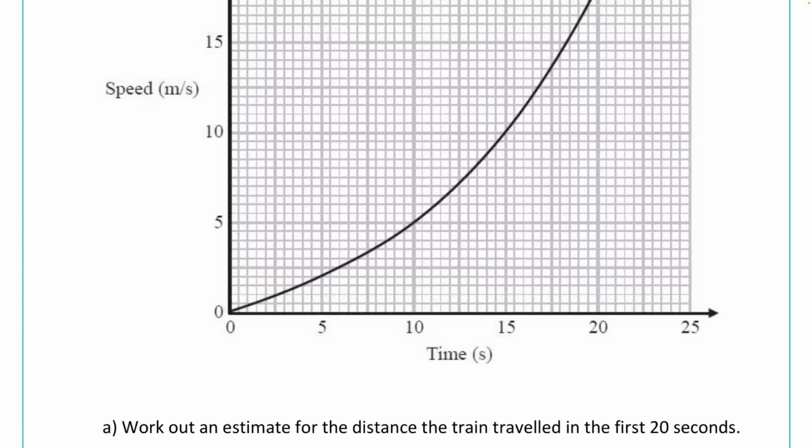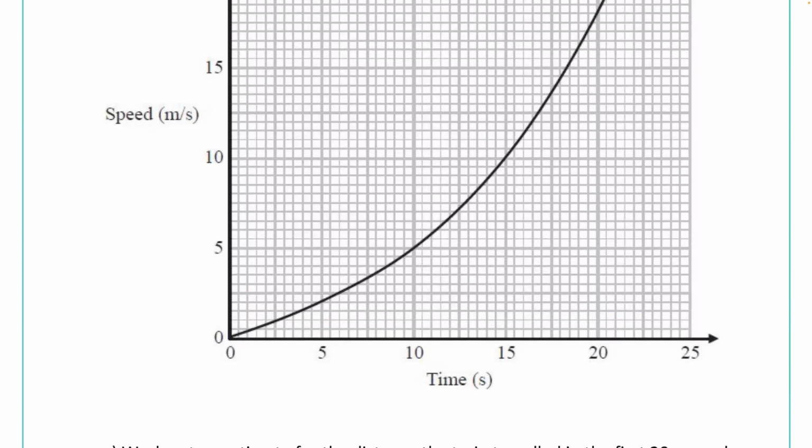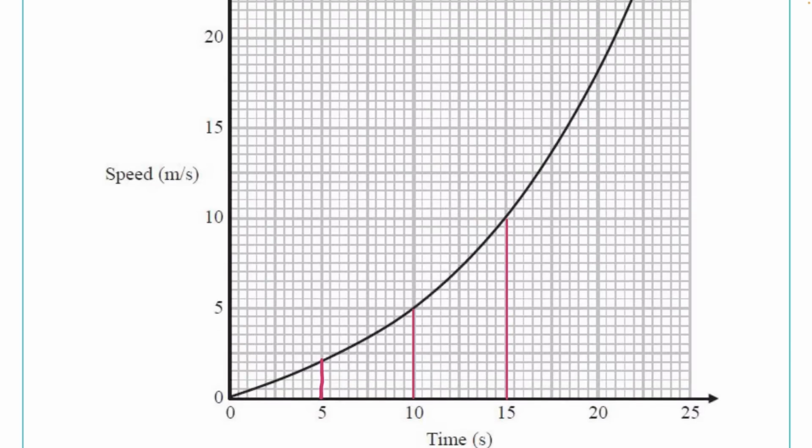So for the first 20 seconds, 4 strips of equal width, each one will go along at 5. So we have 5, 10, 15, 20, 4 strips will work. So when we do this, nice straight lines going down, hoping that these points land on relatively nice numbers where we can read the heights. And there we go, there's our last one. So we need to work out the area of these shapes, which means we need to join them all together and create the actual shape. So we have a triangle, then we have a trapezium, then another trapezium, and another trapezium